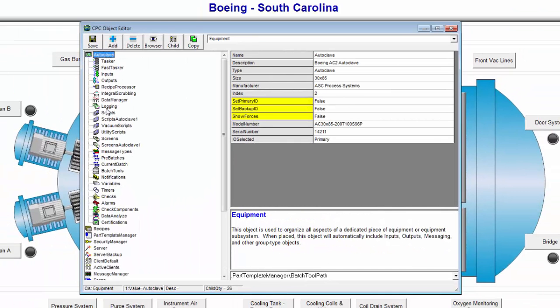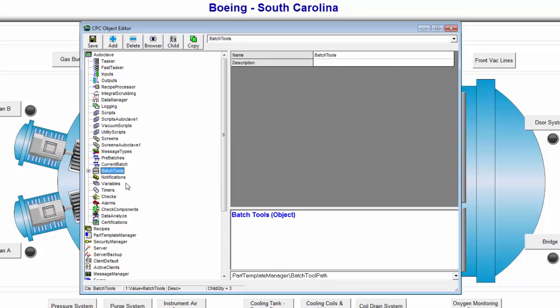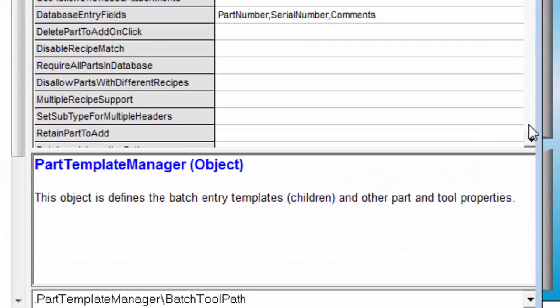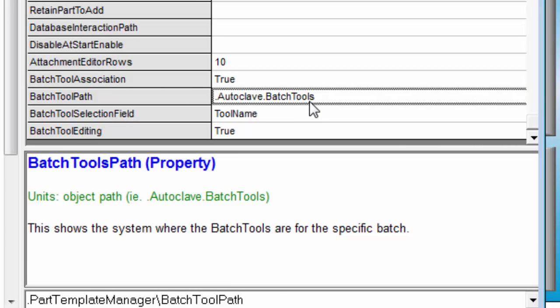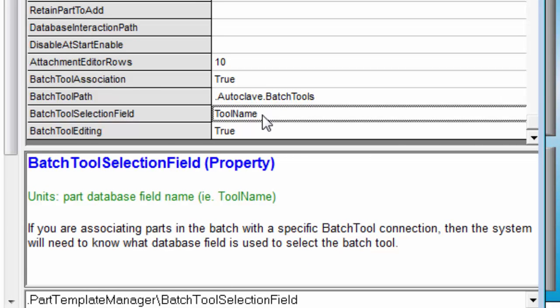So if I click over to the BatchTool or to the autoclave, underneath it you're going to see the BatchTools object. So that's the path that basically tells CPC where to find those BatchTools. The BatchTool selection field is the database field name that will hold the link between the part which is selected